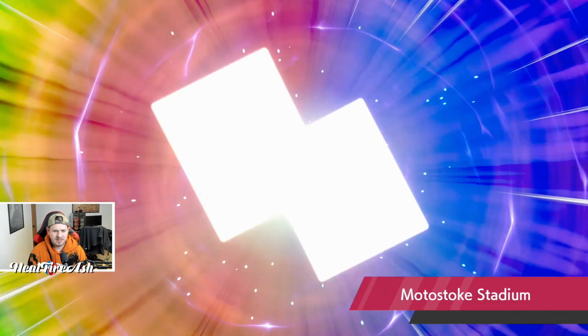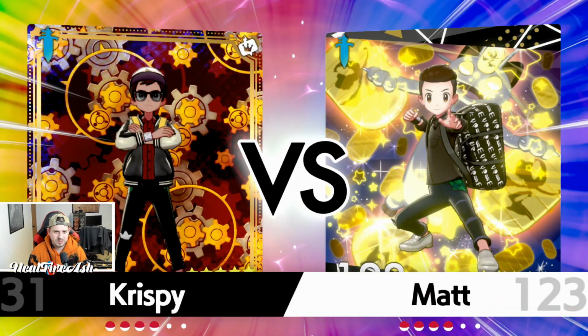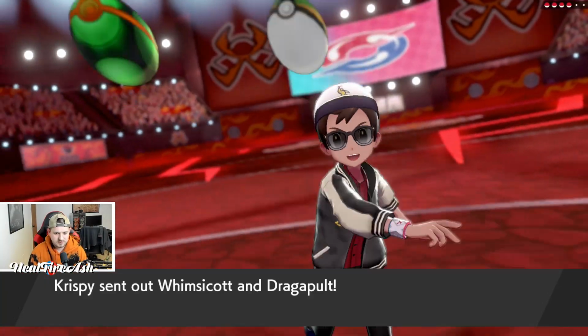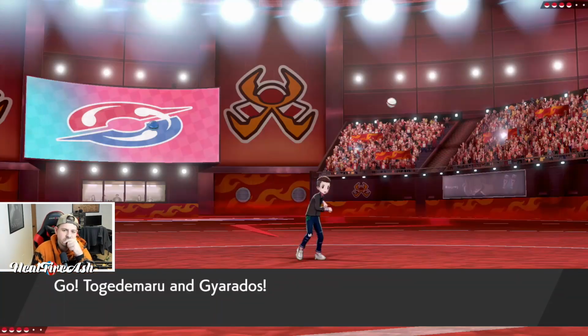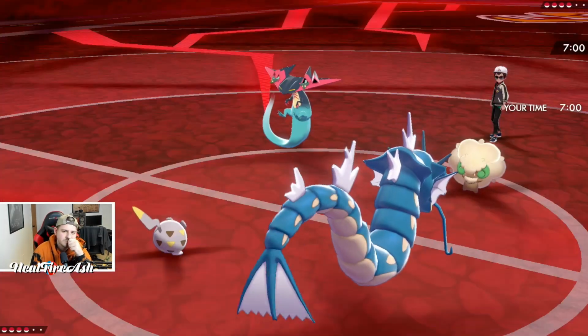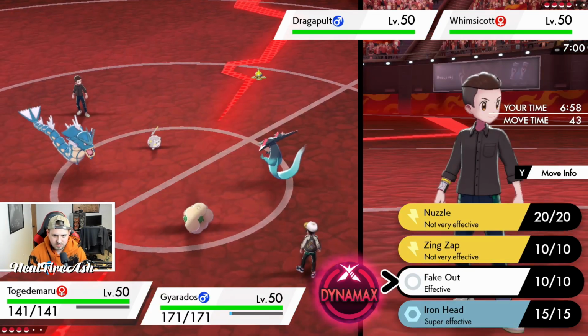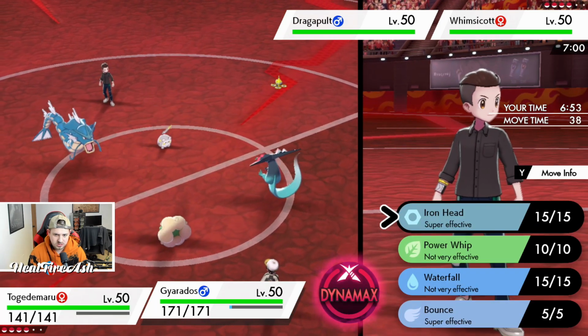Definitely expecting the Whimsicott Lucario lead for my opponent. And my goal is just going to be able to knock out that Whimsicott immediately, so it can't do anything crazy. I'm going to go for a fake out. If that's what they lead, they could go something else, though. Whimsicott Dragapult. Okay, that's a little bit different then. I think I still want to knock out the Whimsicott though. Fake out Whimsicott, and then I could try to just...